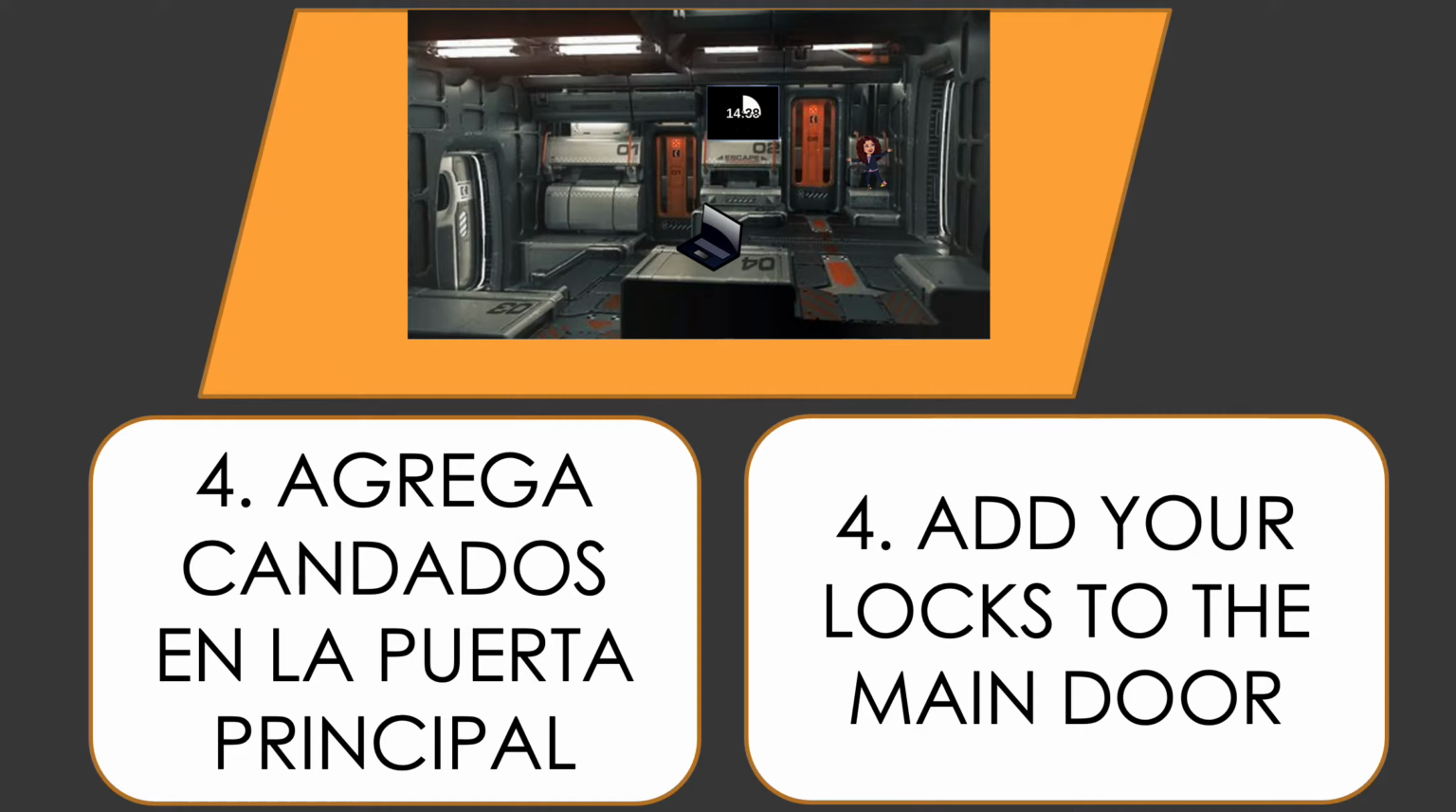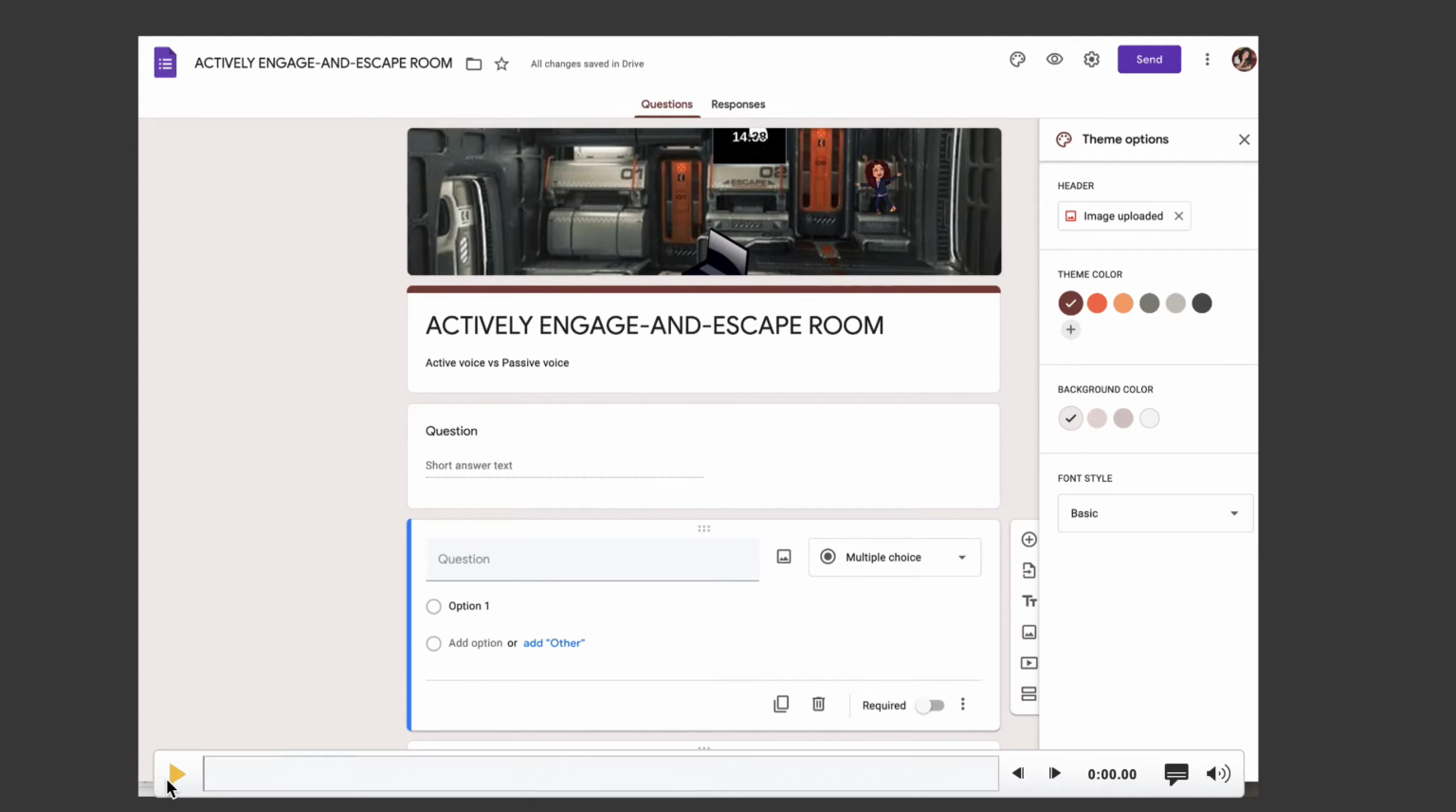Add your locks to the main door. There are many tutorials on the website on how to create the Google Forms. So this is just a supercalifragilisticexpialidocious abbreviated version. So for the header, I just click on the area where I could click for my theme options,